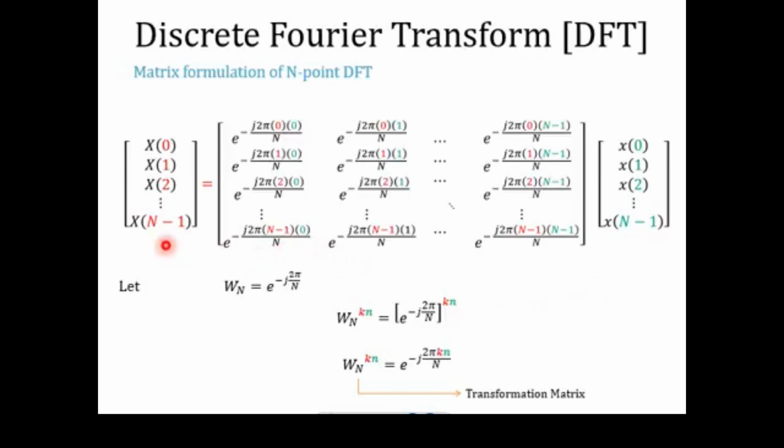On the left hand side, there is a one-dimensional matrix which is also called a vector, and it contains n number of frequency domain coefficients. So the DFT output values or the DFT output coefficients will be stored in this one-dimensional vector, or you can say it contains n number of harmonics. Now, how will these n number of harmonics be calculated? It is just a product of two matrices. Out of those two matrices, the first matrix is a one-dimensional matrix, which is also called a vector, and it contains n samples of a time domain sequence,